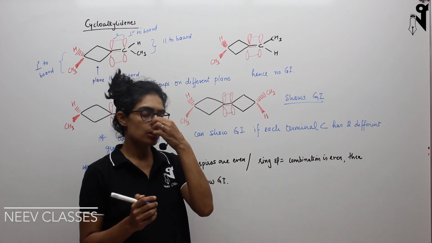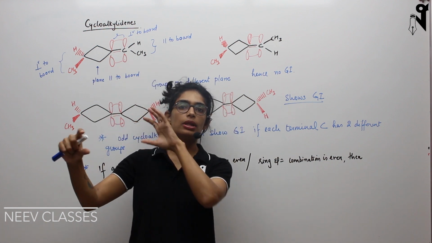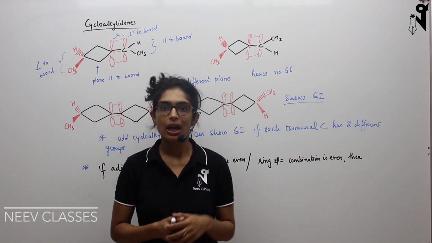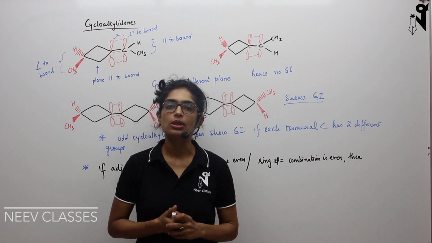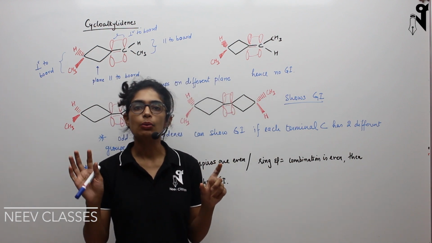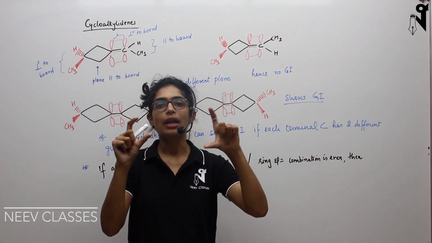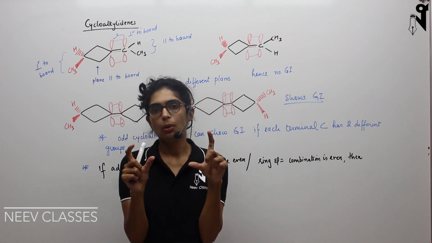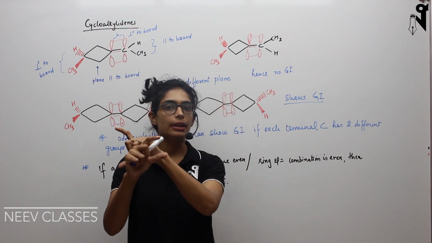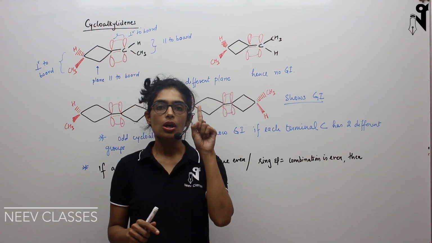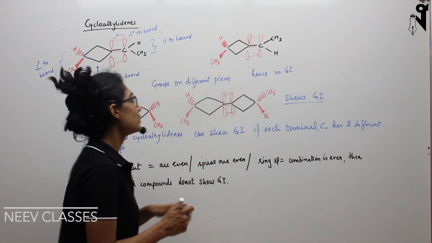Here also, the cycloalkylidene is generally a combination of cyclic ring, then double bond, then cyclic ring, then double bond, then cyclic ring, and so on. Again here the number is odd or even. Odd and even basically depends upon how many cyclic rings and double bonds there are. I told you earlier also that double bonds are equivalent to cyclic rings. So if I have one cyclic ring and one double bond, I will consider that compound as an even alkylidene. Whereas if I have one cyclic chain, then a double bond, then again a cyclic chain, basically 3 things repeating, 2 cyclic rings and 1 pi bond, that will be called an odd cycloalkylidene. Okay, so let's see the first example.